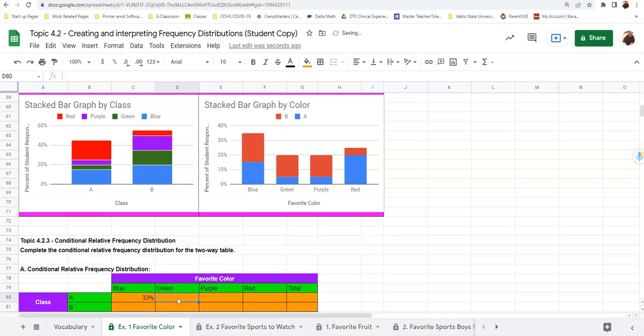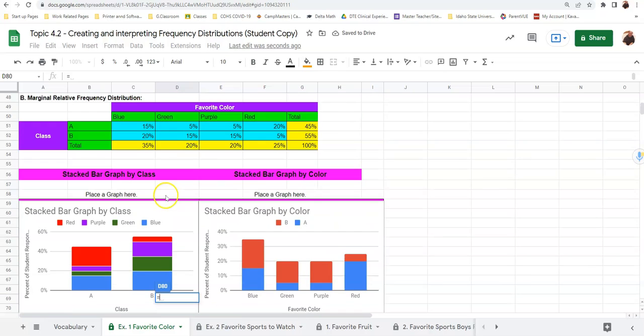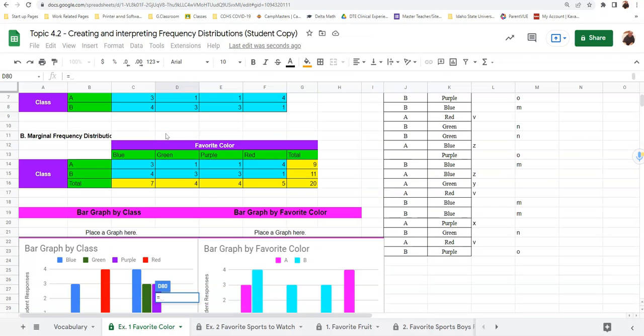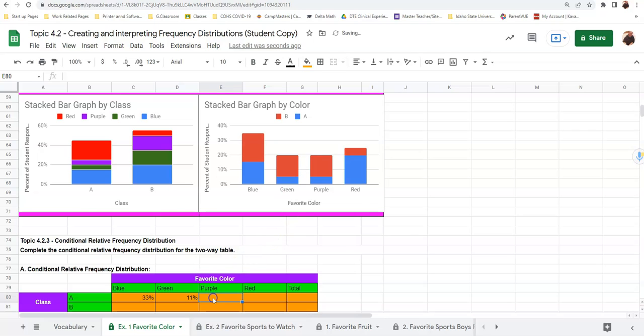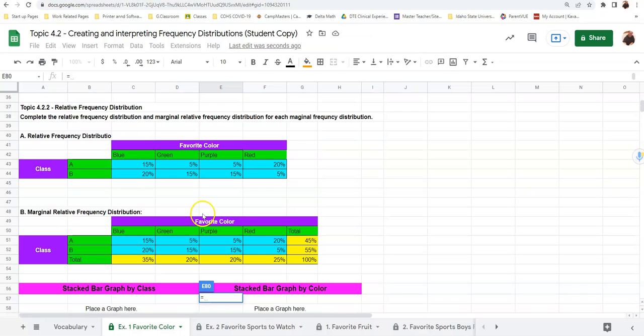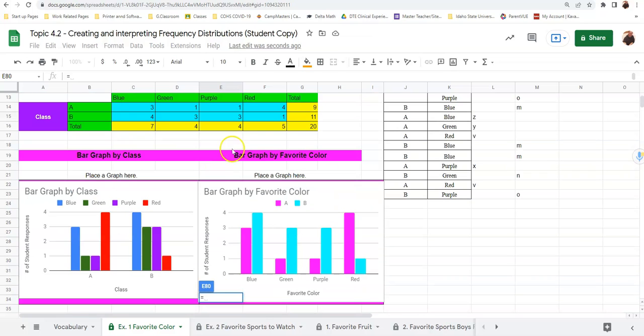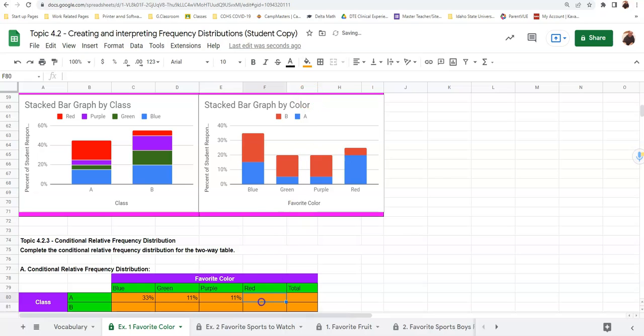And we're going to do the same thing with the next box. We're going to go under A green, and go equals. We're going to come back up to the top here, click on A green divided by the total for A and hit enter. And you're going to continue to do that until you've filled in that whole row. So now we're working on purple divided by its total, or the total of A. And then we're going to do red